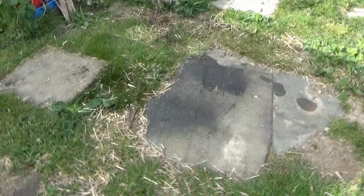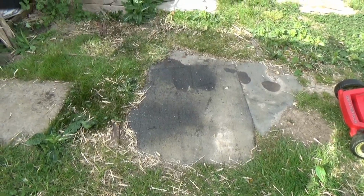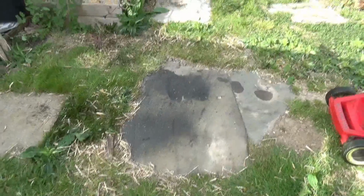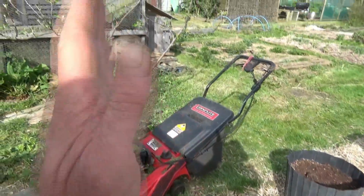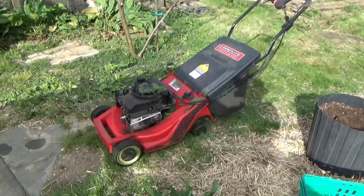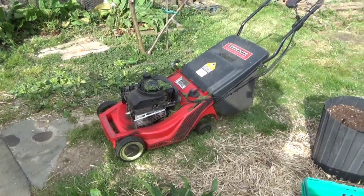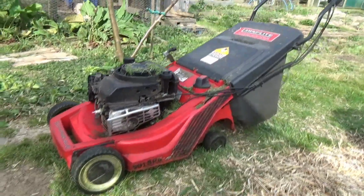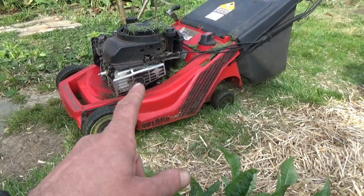Now, Bob, next door over there, while we were on the subject of mowers, I mentioned this to him, and the first thing he said to me was, have you tipped it up? I said, well, yeah, I store it upright like that, leant against the wall in the shed. And he said, I'm amazed it even started. Apparently, I didn't know this, God knows how it's gone years without me ever knowing this. Apparently with petrol mowers, if you store them tilted upright, leant against the wall, all the engine oil will leak into the exhaust,